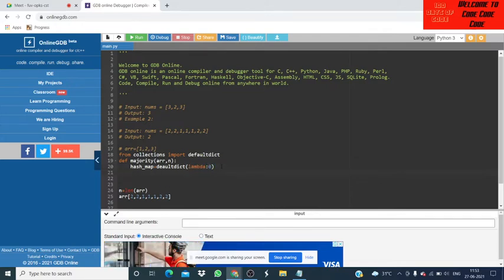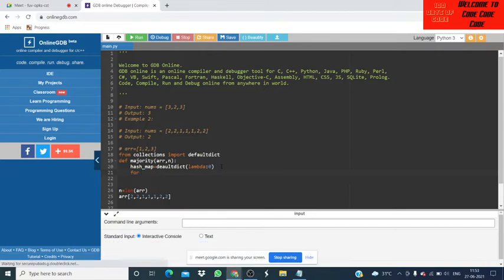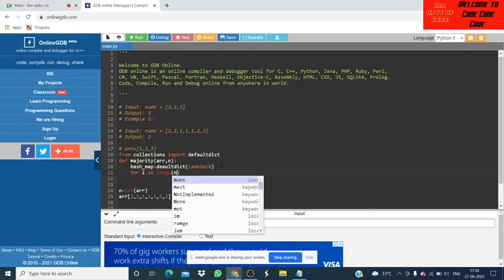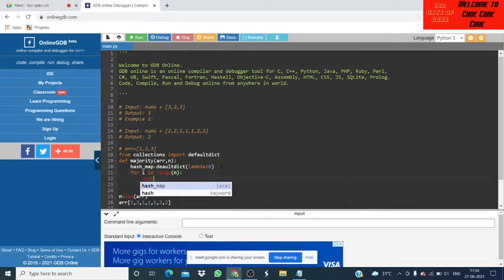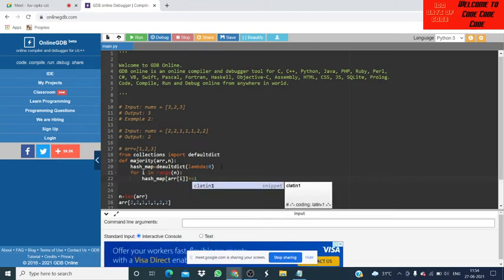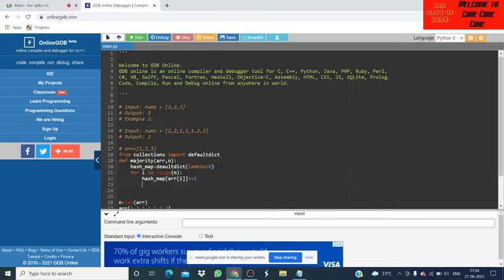So we will run a loop over the array and count the frequency of each element. Then we run a loop again over the array and check the frequency, which is a key-value dictionary pair.